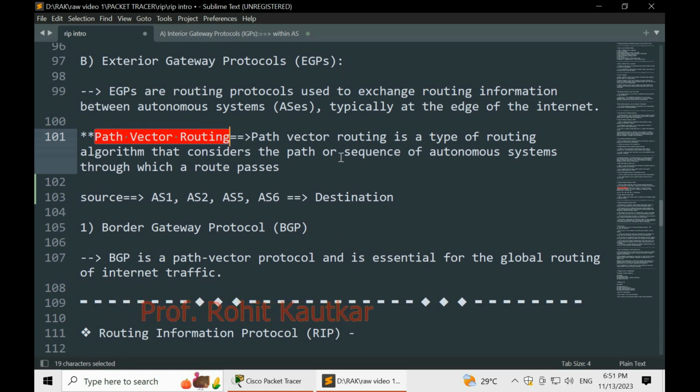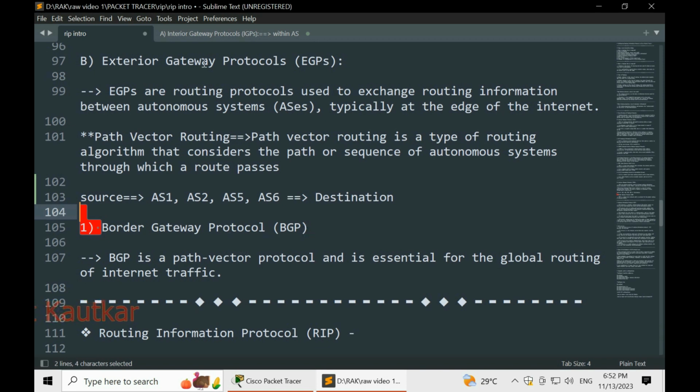In this category, there is one popular protocol called BGP, Border Gateway Protocol. This protocol is a path vector protocol, and it is very important for global routing of internet traffic, because as we learned, the internet is made up of thousands of autonomous systems. So friends, this was the broad overview of the various routing protocols available.